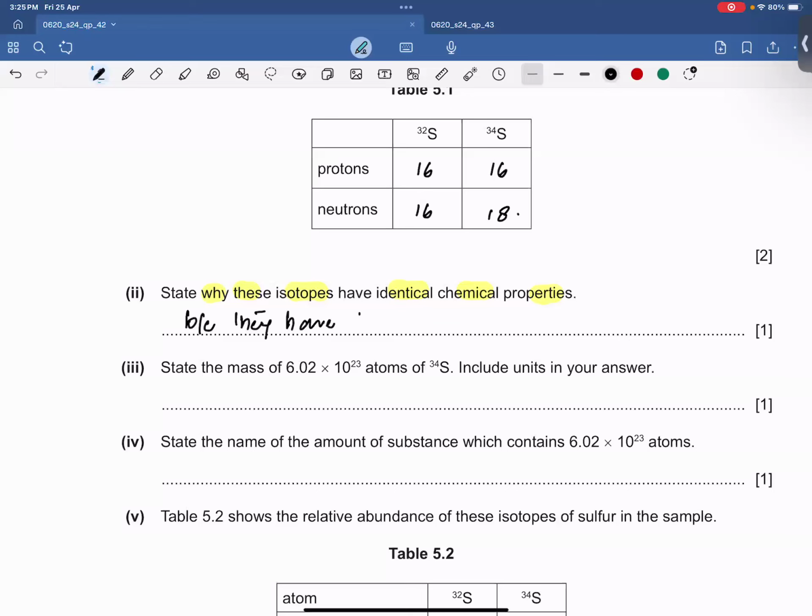Because they have the same number of electrons, and chemical property depends on the same number of electrons. Okay,